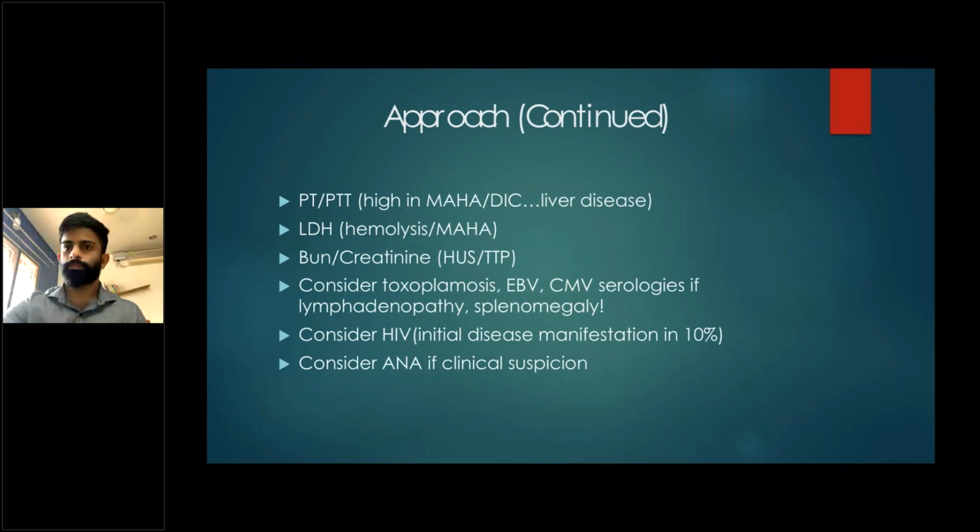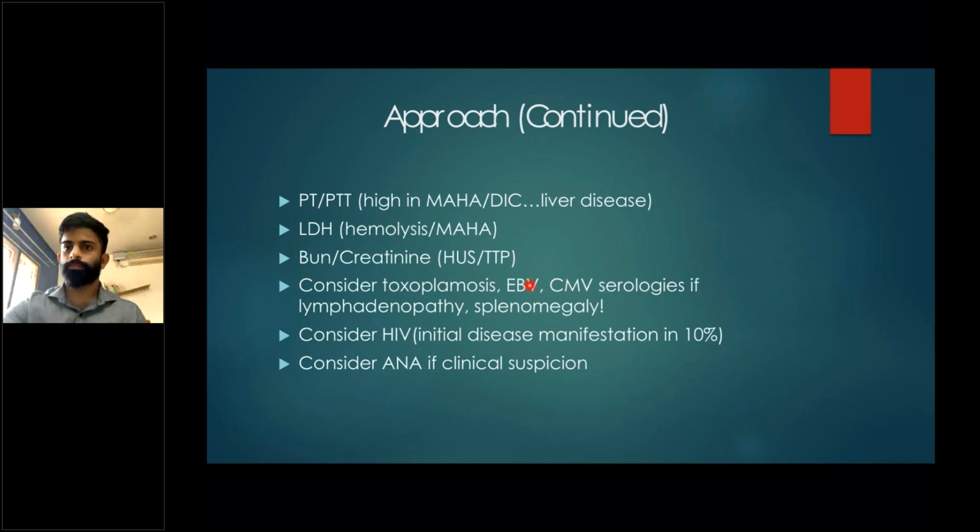So first is PT and APTT. PT and APTT are high in microangiopathic hemolytic anemia and disseminated intravascular coagulation, and also in liver disease. So PT and APTT are elevated in acute liver disease. In chronic liver disease, albumin is decreased, right? LDH is increased in hemolysis and microangiopathic hemolytic anemia. Increased LDH is also seen in COVID now, guys. And then blood urea nitrogen or creatinine is increased in hemolytic uremic syndrome or thrombotic thrombocytopenic purpura, where there will